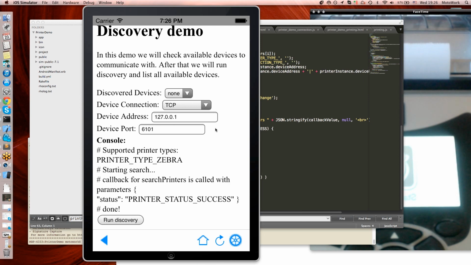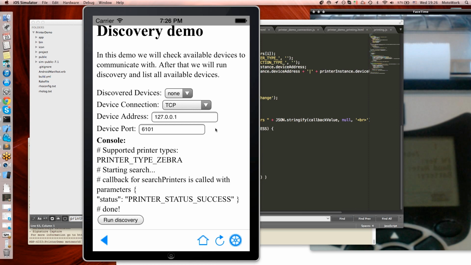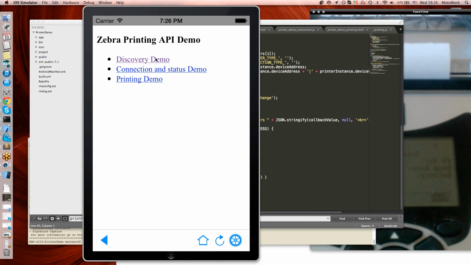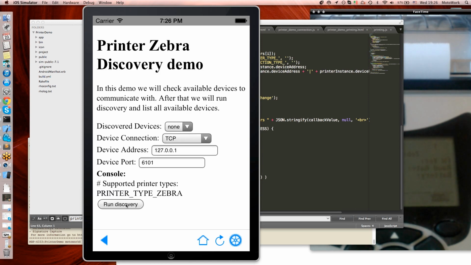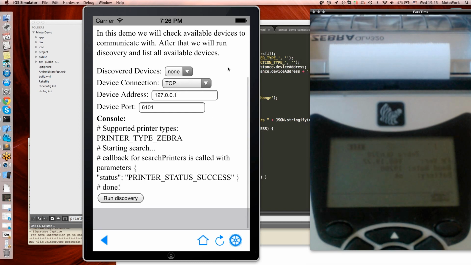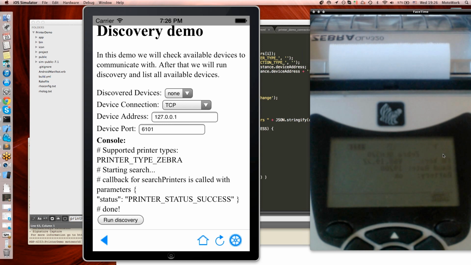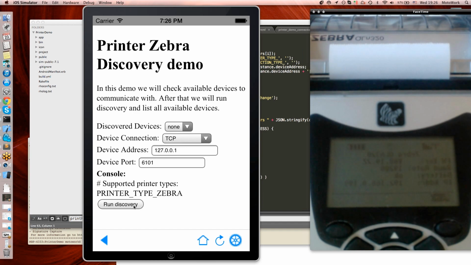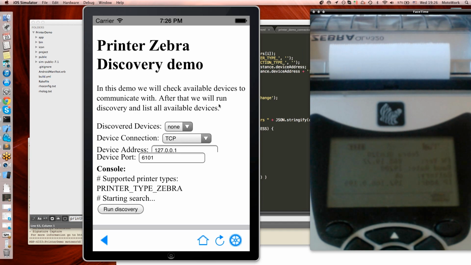Actually, discovery is quite a fragile process in the case of Bluetooth or Wi-Fi, so it's recommended to run the search more than once. So you will get results with greater accuracy. So let's try to find this printer again. Let's wait until the printer is ready. Oh, yeah. So we got Wi-Fi on the printer itself, and this time,